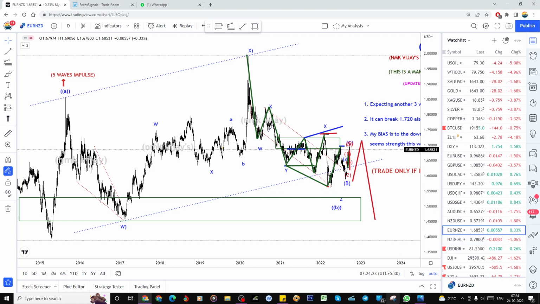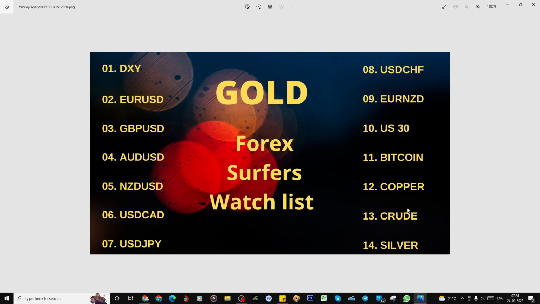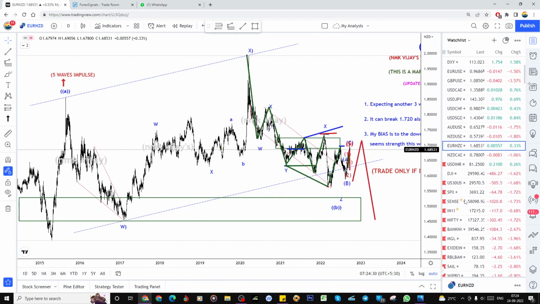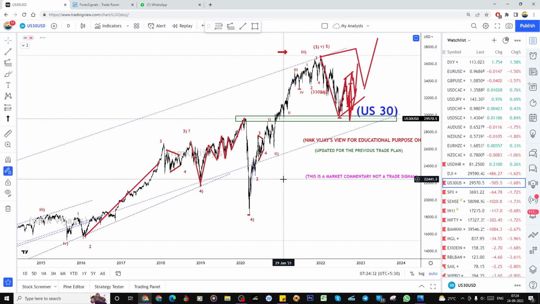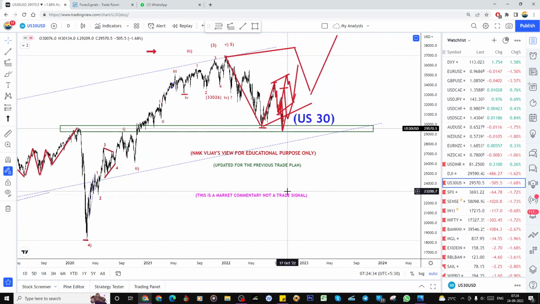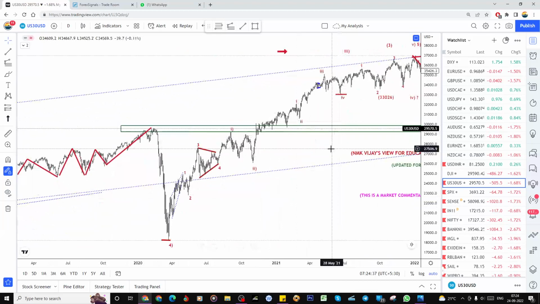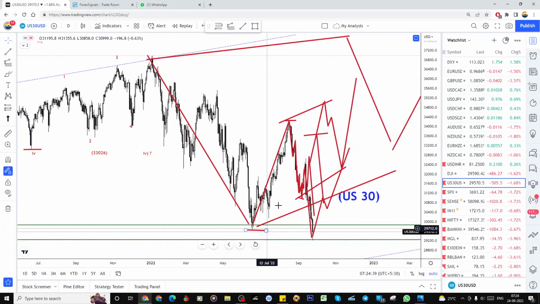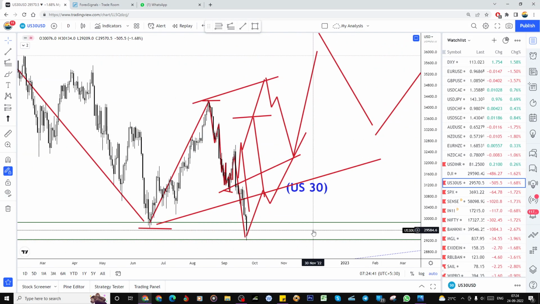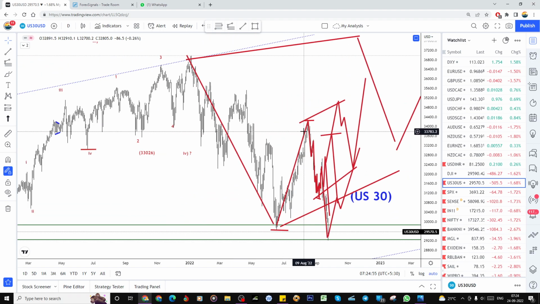And what else is next in our watch list? Yeah, I finished that, and now we are going for US30. That is also a beautiful trade. Look at this, I didn't trade that, but it's already broken. Now what I expected was the three-wave structure. After that it could break the low here, take all the stop losses, and again I need this kind of bounce. So from here, see what our